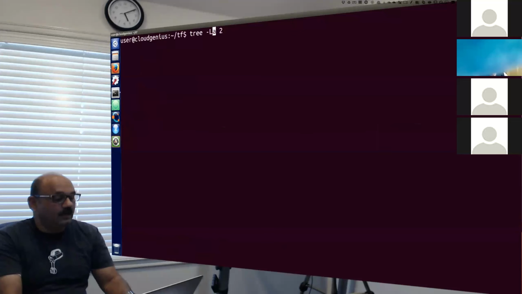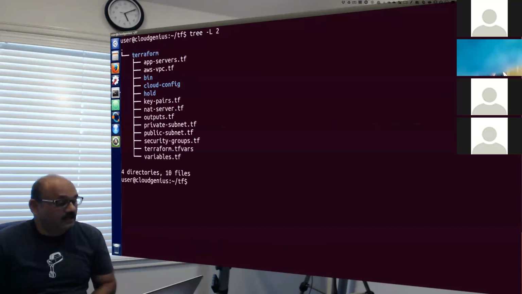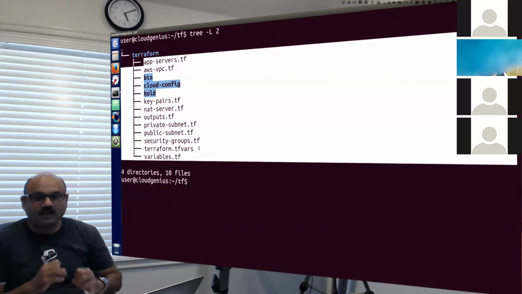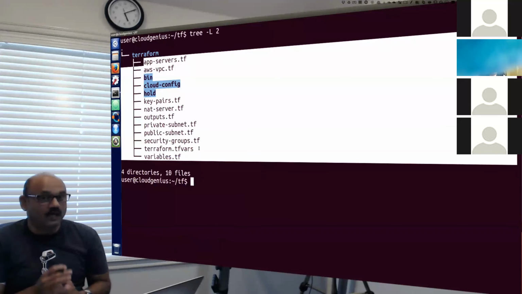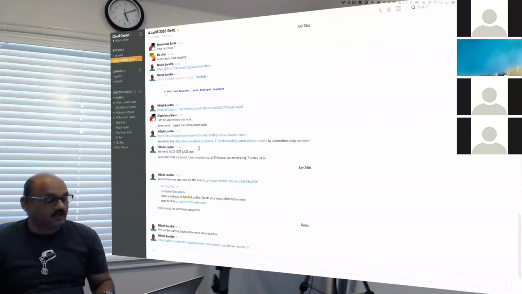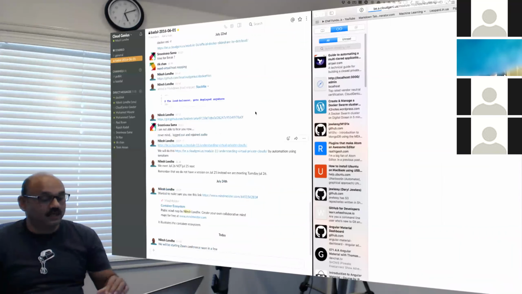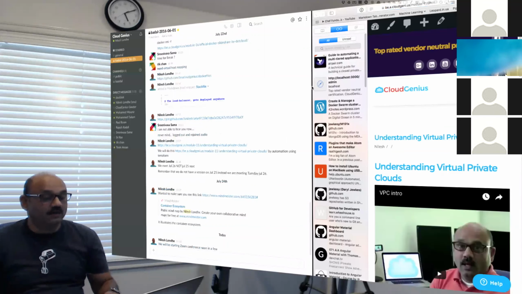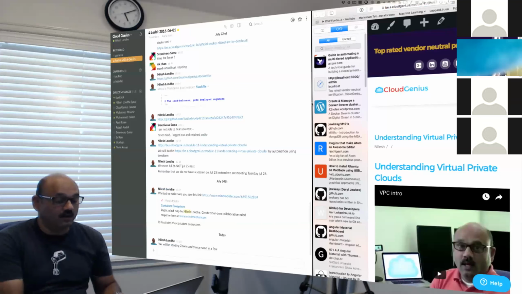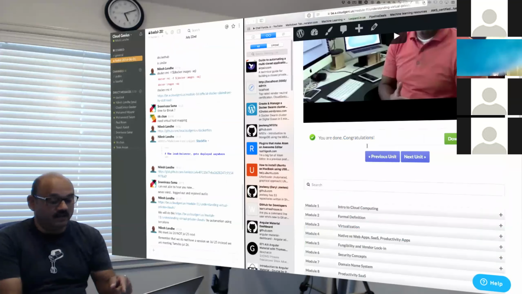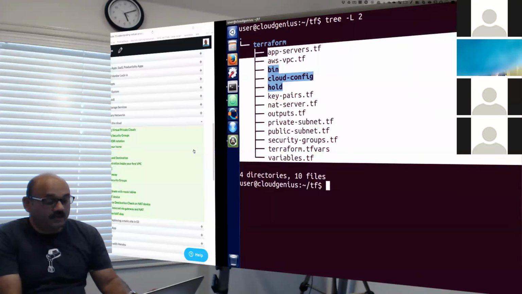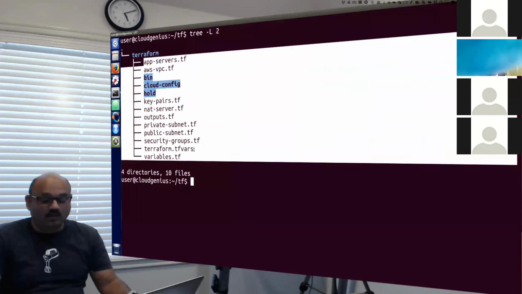I will make sure that I clarify that this is the folder, and here are the bunch of files that we need that are already made available to us. This collection of files, using the Terraform tool, does what is expected, which is to construct a virtual private cloud, pretty much like what you saw in this other exercise that you have done already in a cloud technologies program early on. So you know that already. That is the lesson that we did, the long sequence, the same exact thing, except it is completely built through automation. And the automation tool we are going to use is Terraform.